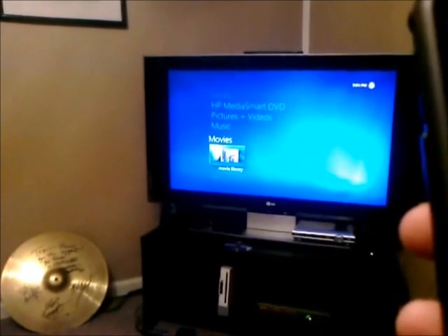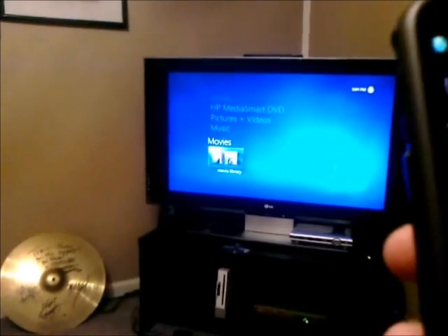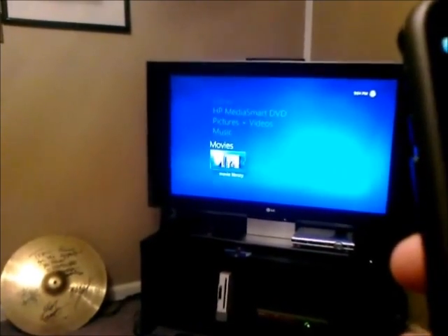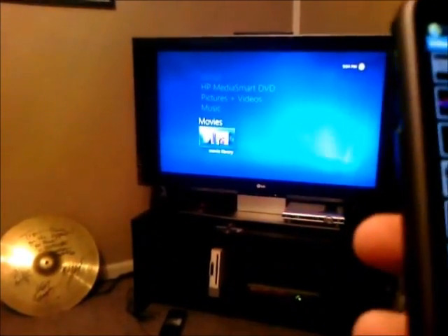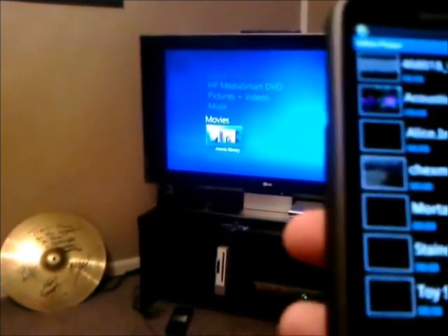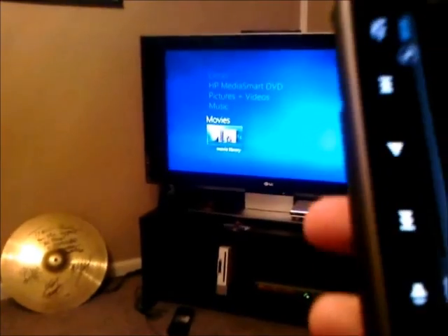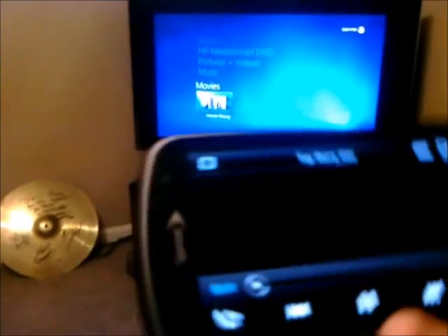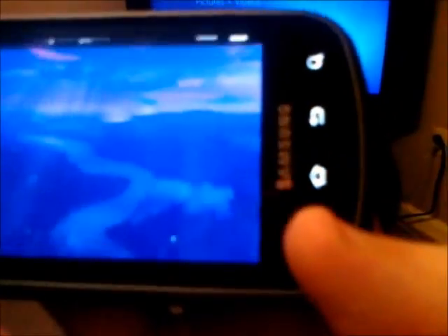If I can find it. Video player. And any one of these, like, let's see, Toy Story 2. I'm going to play this on my phone. I'm playing this on my phone. That's Toy Story 2. You come down over here, you press the menu button while it's playing,